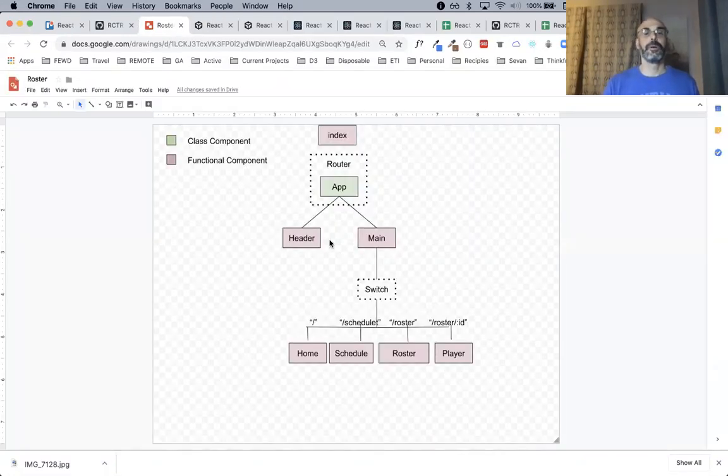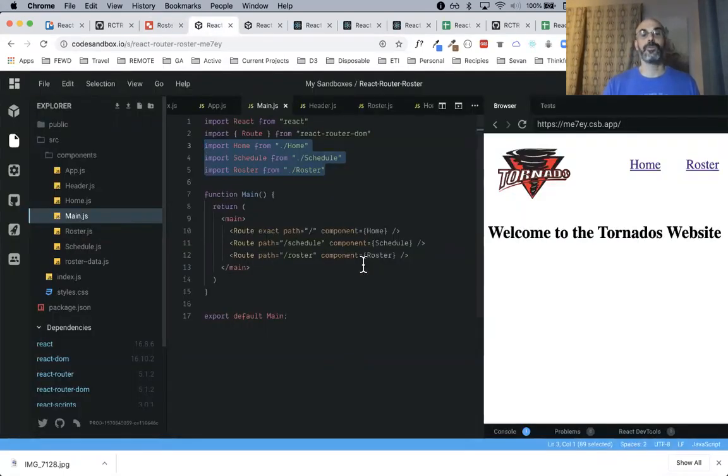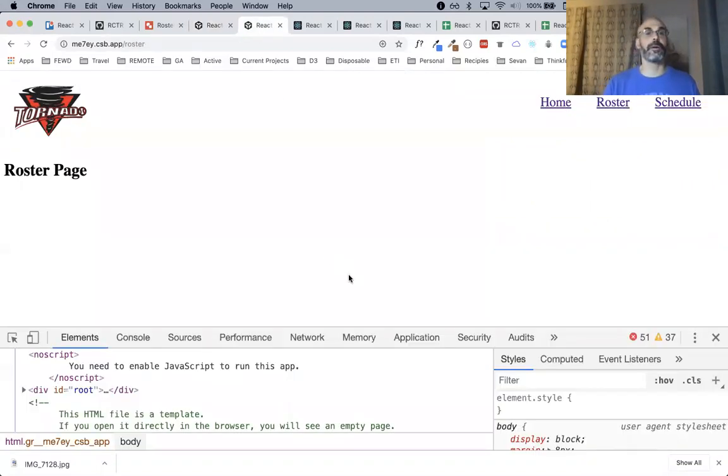Main is doing home, schedule, and roster, right? It is rendering these 3, and we do have home, schedule, and roster as our routes for right now. We have one more route we need to create, but that's the basic structure right here, right?